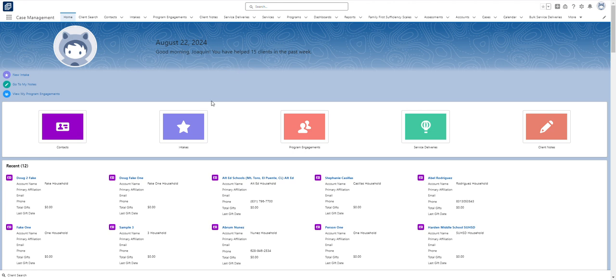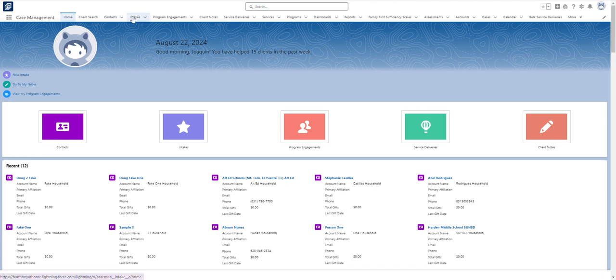Just to revisit, an intake is someone who is waiting for consent or for paperwork to be signed so that they can start receiving services. Program engagement are those people that have already signed consent forms and are now actively receiving services from Harmony at Home. So the way we would go about doing this, if you had the intake, you would basically click on